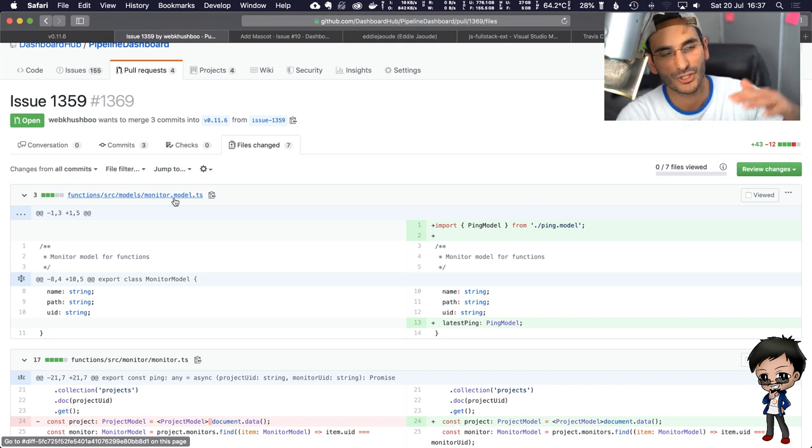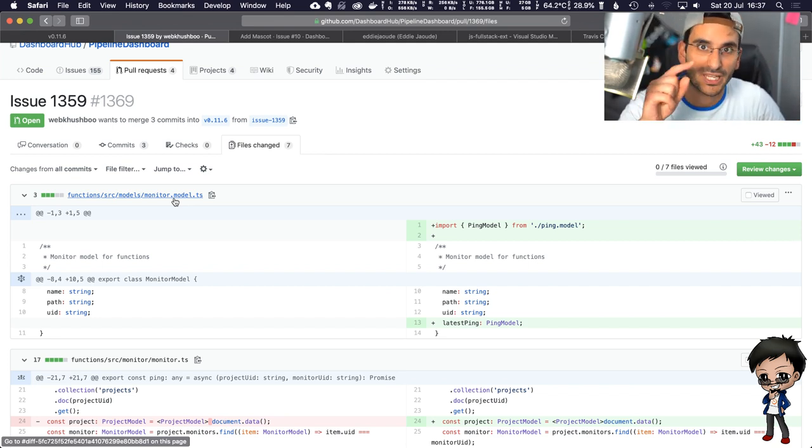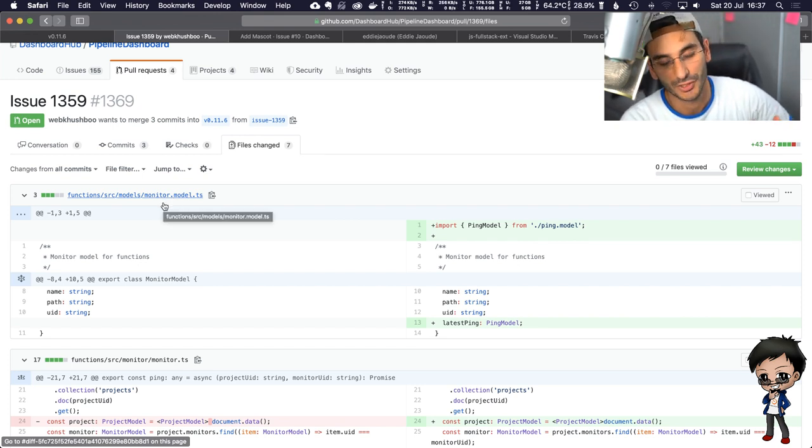go to your monitors section. You might have a homepage monitor, you might have a contacts page monitor, and you can hit ping to do a manual ping. However, I didn't want people abusing it, going ping, ping, ping, ping. So we've put in a debounce. I say we, Kush has put in a debounce.